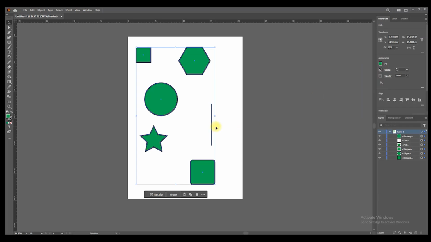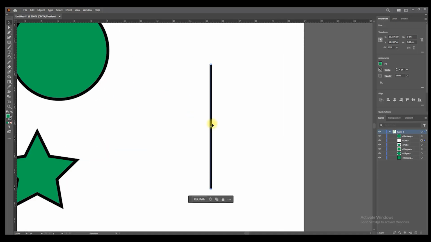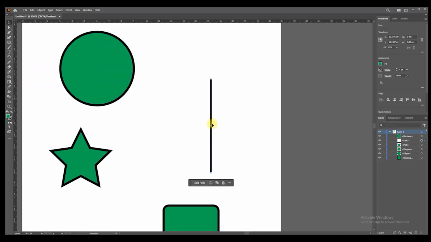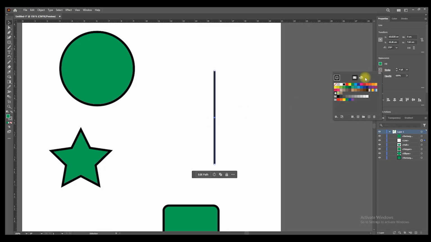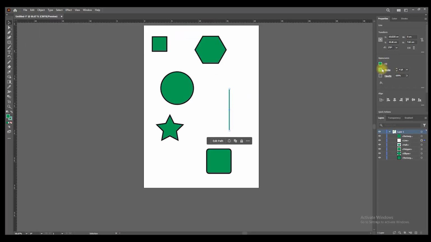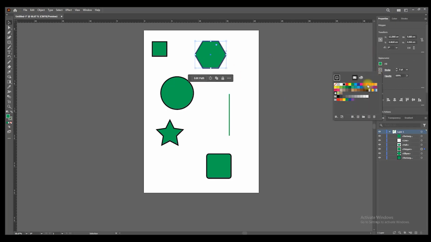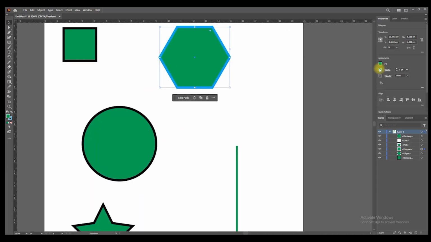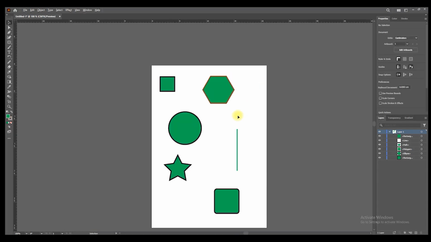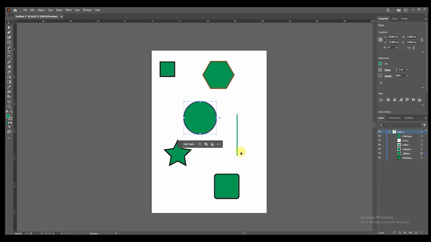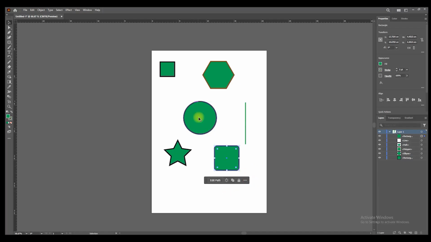You see, but there is this line shape that does not take the color, because it is a stroke. So the stroke also has the possibility to change the color. You can change the color of the shape here. You can change the color of the stroke here. And with this one you can equally change the color of the stroke. So you see, you can change the color as you want. This is how you insert shapes in Adobe Illustrator for a beginner level, and for the next video